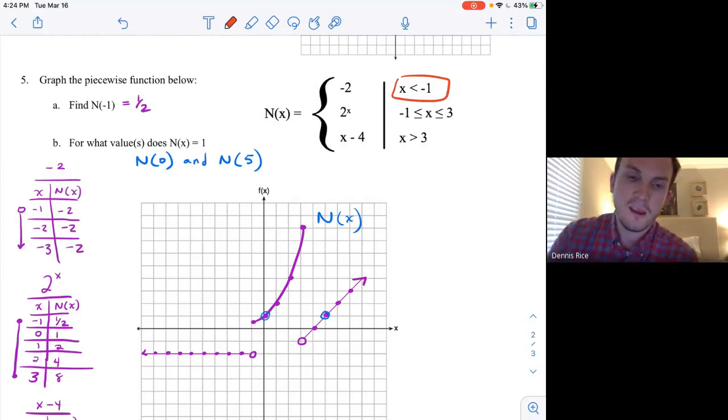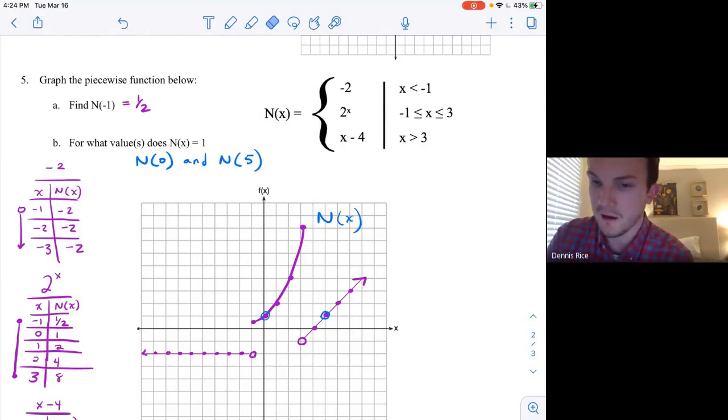All right. Equal to a number is just going to be a horizontal line, so that should be easy to graph. The output is always -2. It goes on forever. There's no restriction on how small it can be, so that's why we have the arrow on the left. The middle function here is exponential, 2 to the x power. Remember, with anything that's nonlinear, you can't use that trick of using the beginning and the end, right? Why can we not do that? Because that's going to make it a straight line. So it's a little annoying, but you just have to copy down all the points in between, closed circle,